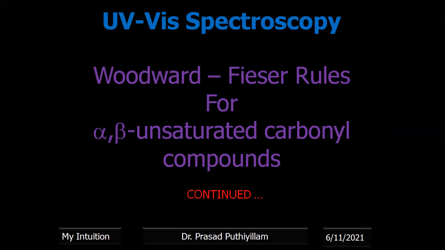In this class video, you saw the solvent effect, which is the continuation of class number 3. Then we saw the different types of double bonds, then the Woodward-Fieser rule for dienes. Alpha beta unsaturated compounds I will cover in the next class video, class number 5, on my YouTube channel.